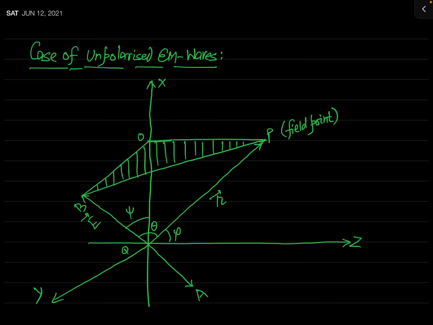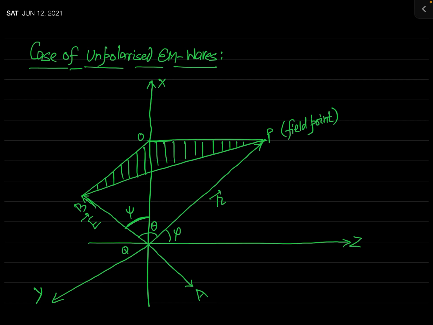And so in this figure I have considered that the electric field vector E is in general oscillating in a direction AB. You can see this direction AB is making an angle psi with the x-axis. So we will take the average over all possible values of this psi. I have assumed that AB is the direction of the electric field vector in another wave incident on the particle, and this psi is the angle between the electric field vector, or you can say AB, and the x-axis.